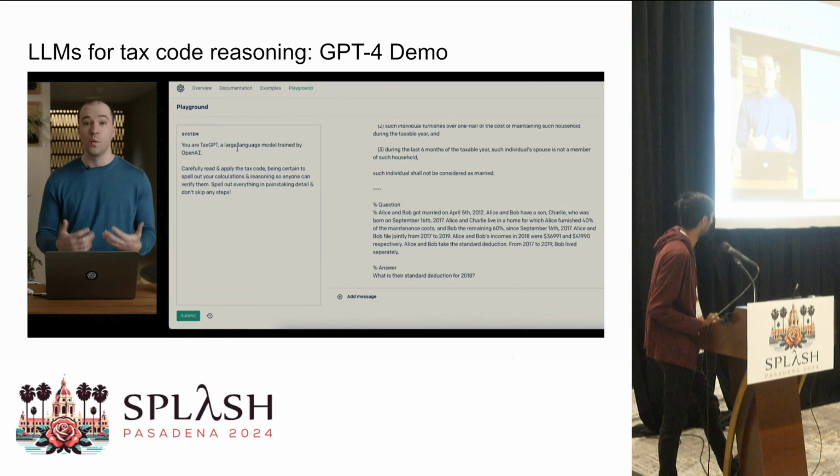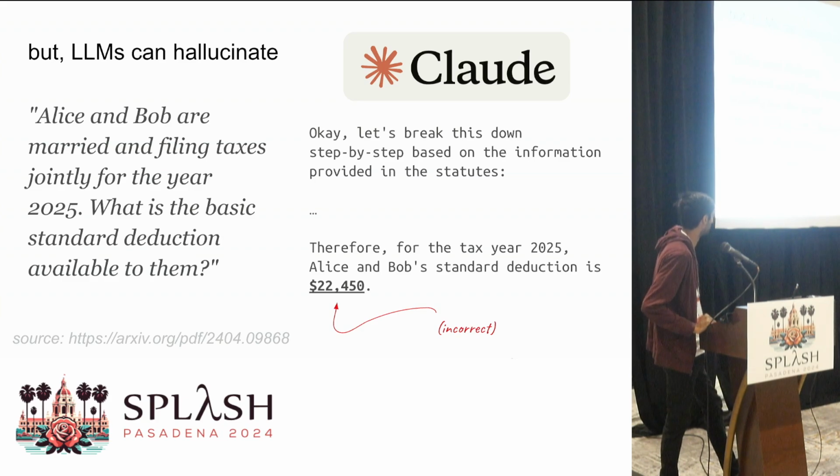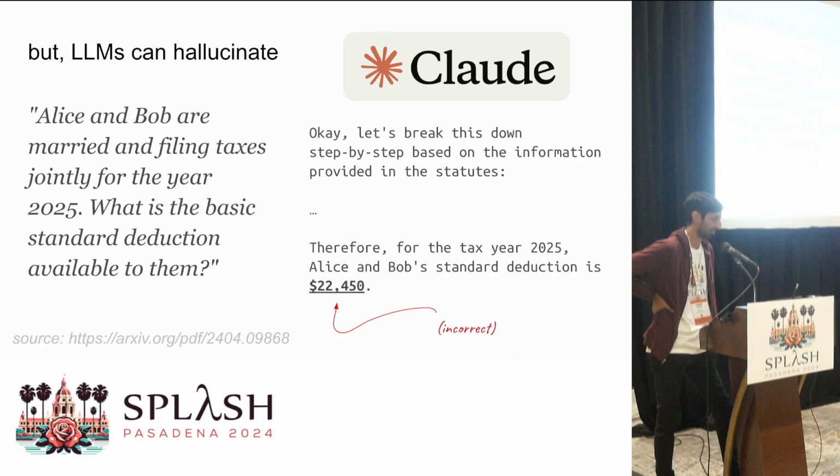So LLMs for legal reasoning are getting more and more popular, but obviously, as we've talked about, there can be problems where LLMs can hallucinate. And as Matthew mentioned initially, this can be a big problem for legal reasoning. So here I've included an example for Alice and Bob filing taxes jointly for 2025 and asking this standard deduction